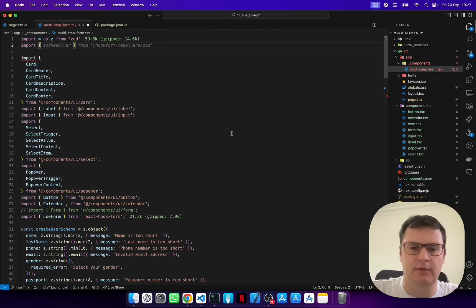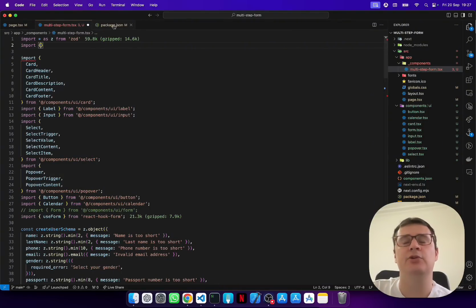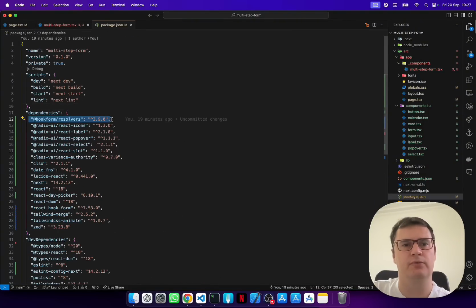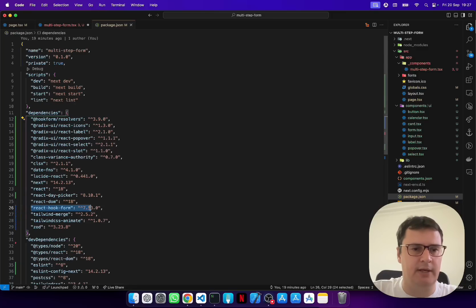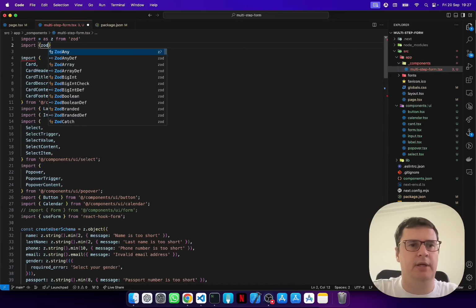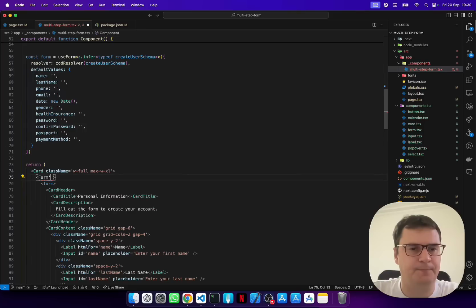I'm not using that much of Copilot. I just wanted to show you that I was actually on the React Hook Form documentation, and here we go, the Zod resolver. And you don't actually need to install anything because it already comes for you here on the React Hook Form resolvers, as well as the React Hook Form that's right here. And there we go, our Zod. Okay, so we are going to bring in the zodResolver from